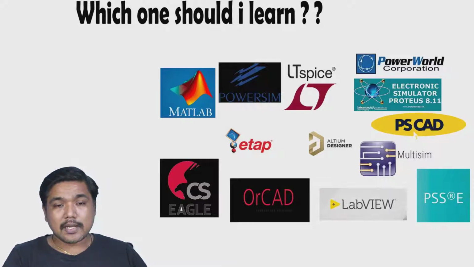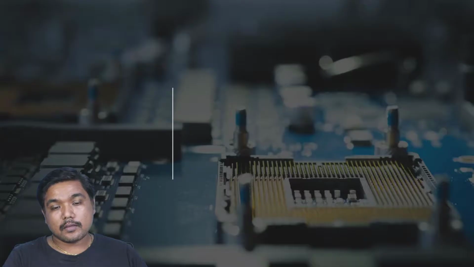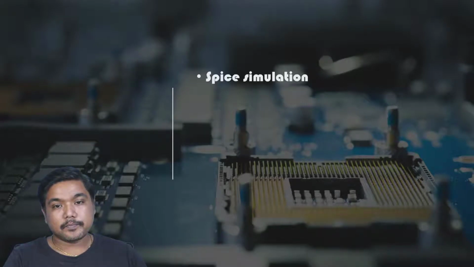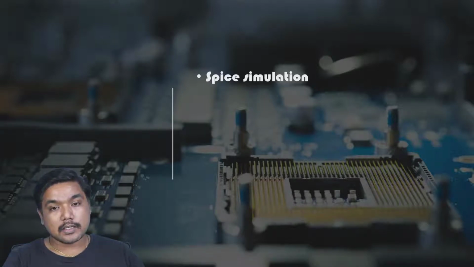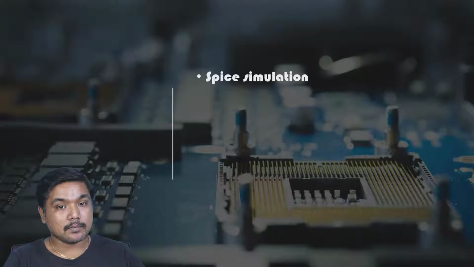So here I am categorizing the softwares. First is SPICE simulation software. SPICE simulation is nothing but the devices will have physical properties in it, like temperature, pressure, and mechanical properties too. These properties will be incorporated in the simulation package, which will be helpful. Whatever we see in the simulation is going to happen in practice when you are implementing it in the hardware. So the part number and everything will be given in the SPICE simulation.